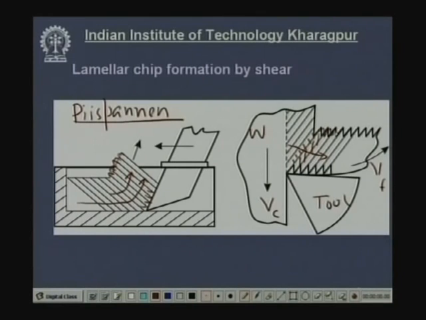In this way, the layers are shifted one by one and coming out in this form, and because of this, the serration will develop, and when we actually machine the material and examine the chip, such kind of serrations are visible. Theoretically the bottom surface should also be serrated, but it becomes smooth when we examine the chips, because at this region a lot of softening takes place because of high temperature, and because of plastic deformation and rubbing, this bottom surface of the chip becomes smooth, but the upper surface remains serrated. This is called the Piispanen model of explaining the chip formation of ductile material by shearing process, layer by layer.